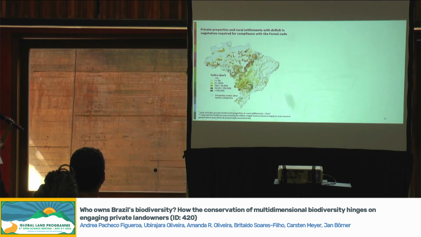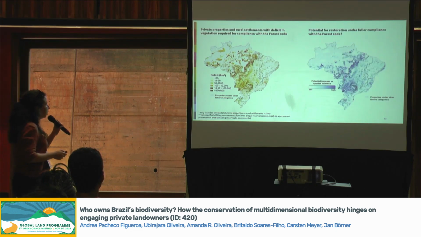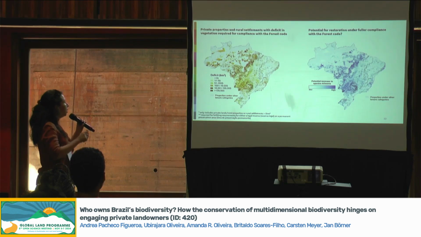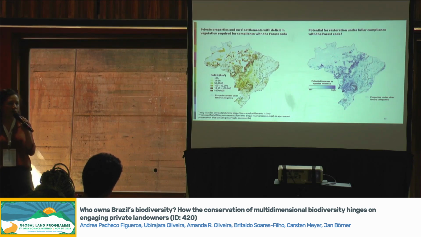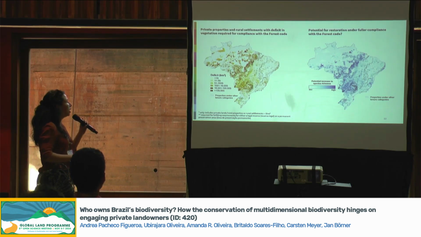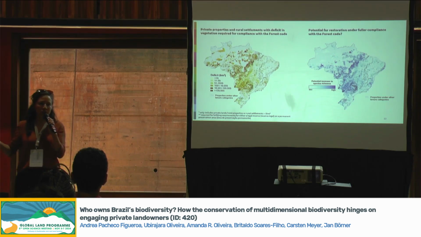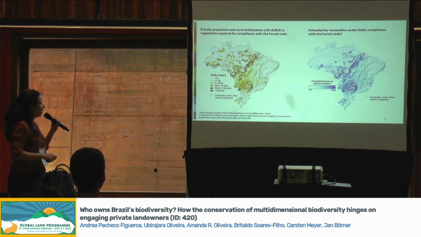And so we thought, what would this imply if we were to think about this through the lens of biodiversity? And here we see a map of potential restoration under fuller compliance with the forest code. If all of these properties were to fully comply with the forest code, this is where we could see potential increases. And I think what I mainly want to highlight is that we see increases in potential richness all throughout